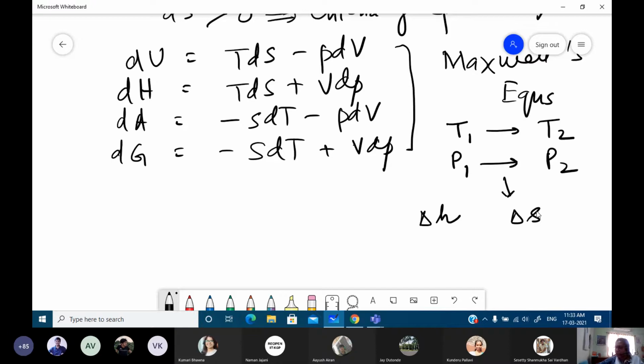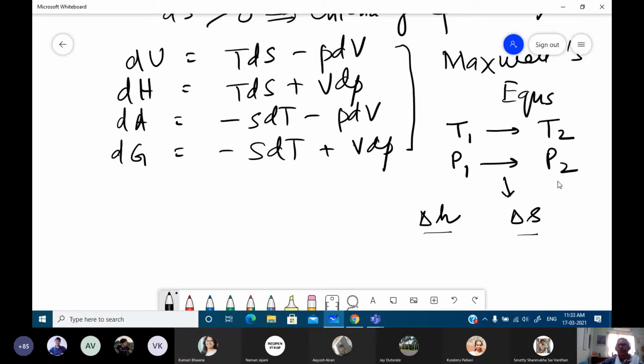So therefore, it was felt that these two properties are the most important properties, and therefore, how to relate these two properties with the changes in the measurable properties. So what happens? A system is interacting with the surroundings. There is some amount of energy interactions between the system and surroundings. Due to this, there are some property changes in the system. How do we measure the property changes? We can measure only those particular property changes which are measurable.